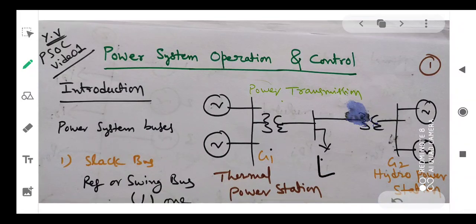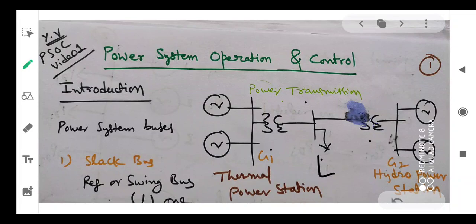This is the load. And here G2 is the generating station of the hydropower station. Both are interconnected. Again, a step-up transformer is here. Here also 11 kV or 13.8 kV is generated at the generating station, which is increased to 220 kV or 400 kV level. So thereby the interconnected power system is formed with one thermal power station and one hydro power station considered here. Of course, we have so many generating power plants in interconnected power systems.